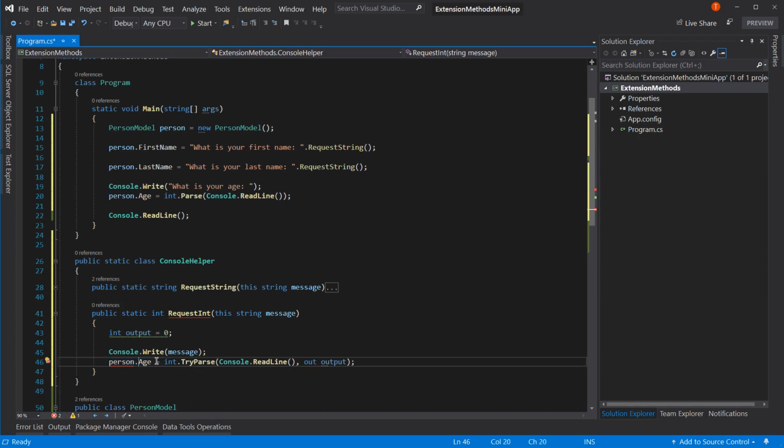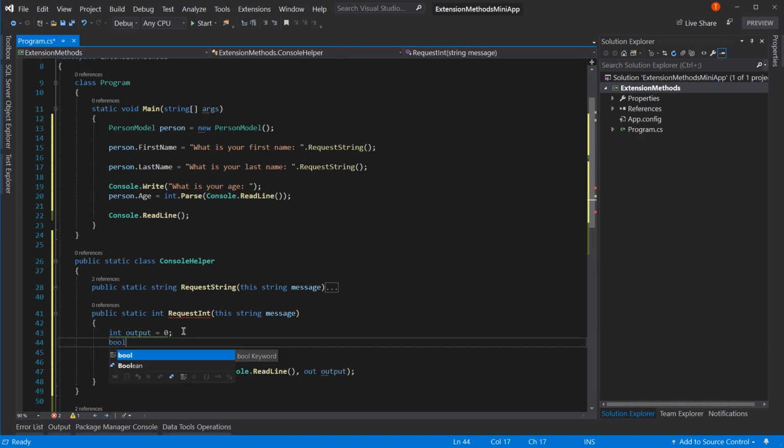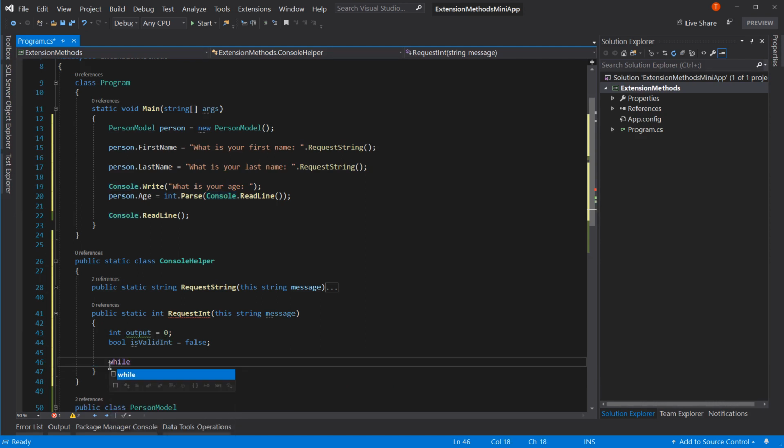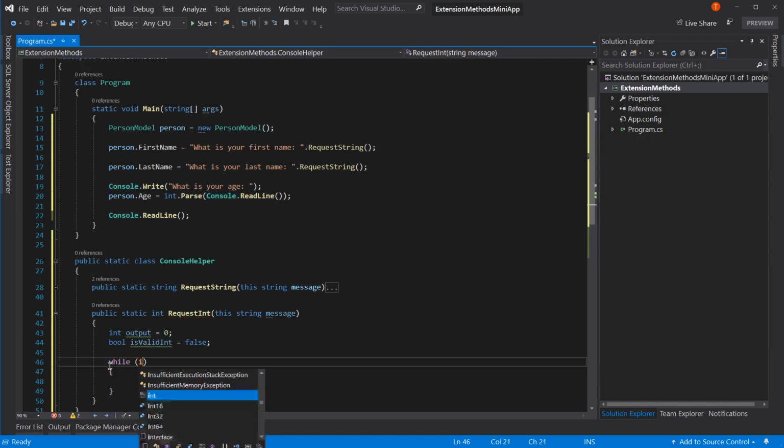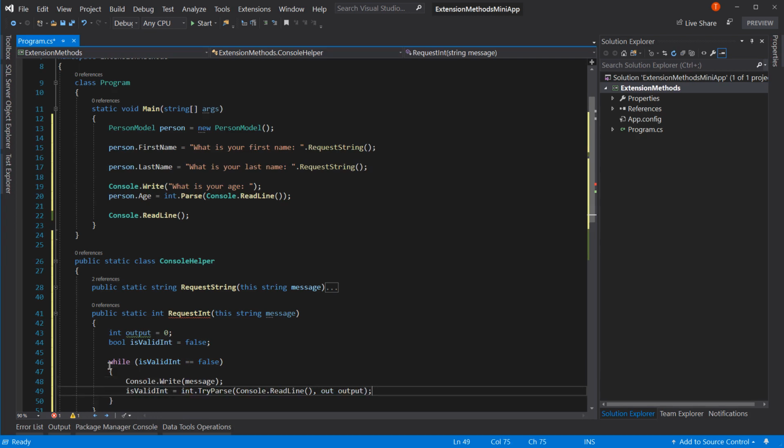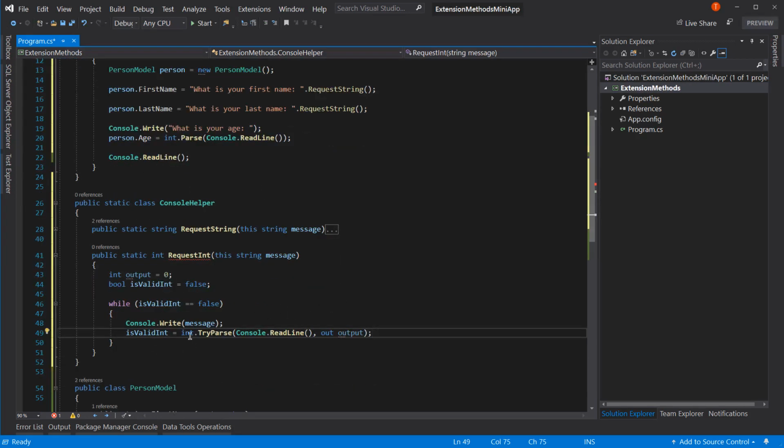So let's capture the value of this and say bool is valid int equals false. And then we'll capture that value from the try parse. We're going to wrap this whole thing in a while is valid int equals false. So it's going to say, okay, if the valid int is false, maybe we don't have a valid int yet, then